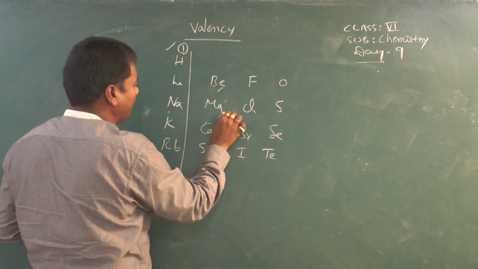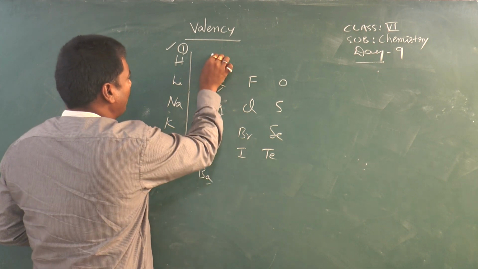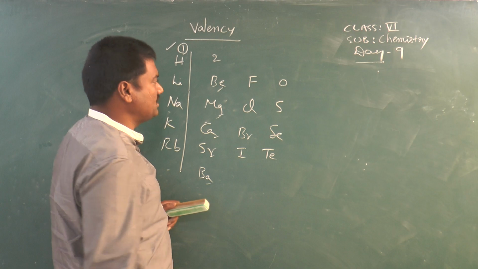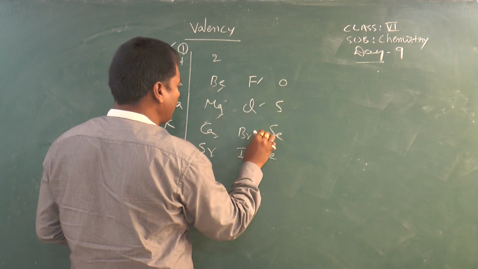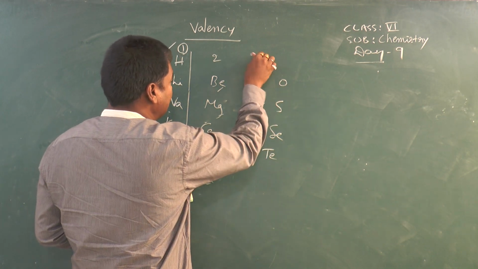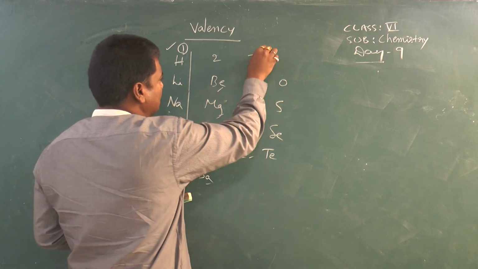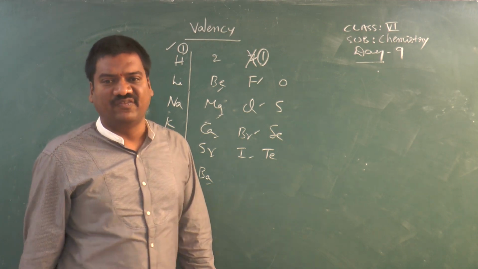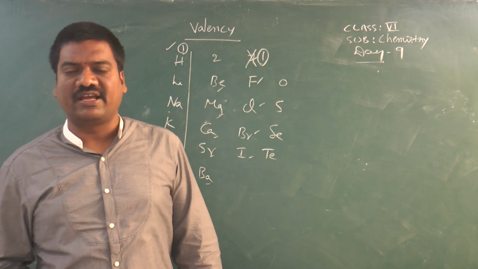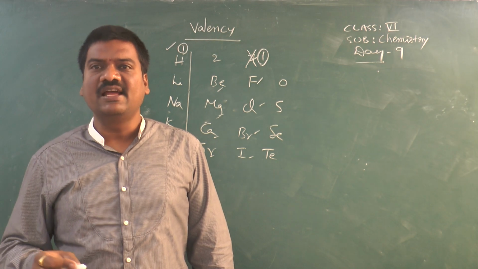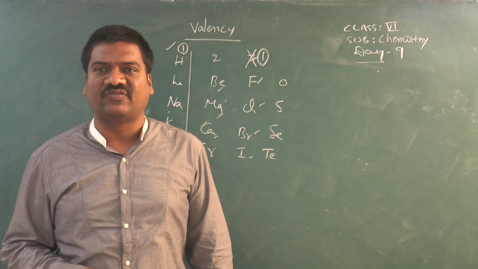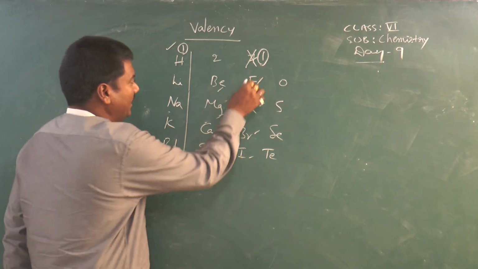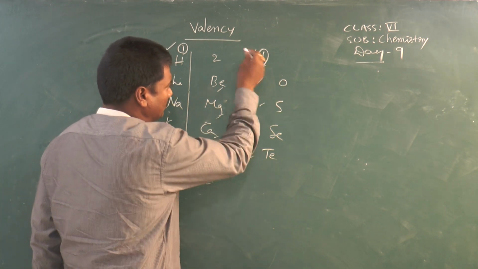Now beryllium, magnesium, calcium, strontium, barium: for all these elements, there are 2 electrons in the valency shell, so valency will be equal to 2. Fluorine, chlorine, bromine, iodine: valency electrons are 7, but valency is not 7, it is 1 here. Then we need to consider 8 minus 7. How do we calculate? If the number of valence electrons is greater than 4, then 8 minus the number of valence electrons gives the valency of the specific element. So the valency of these elements I can take as 1.